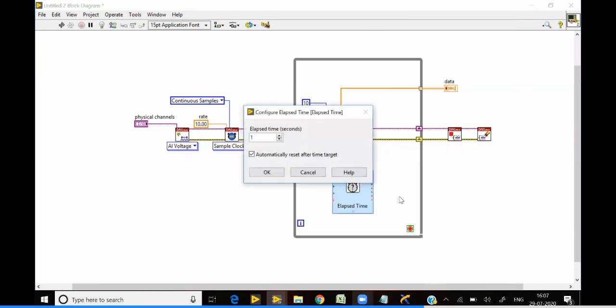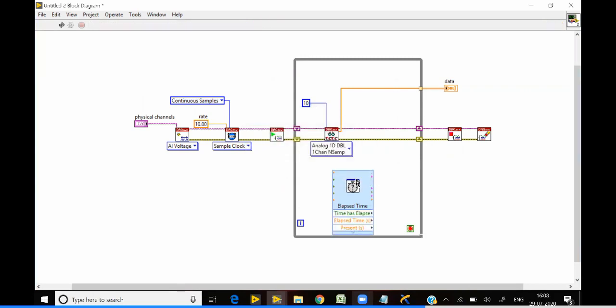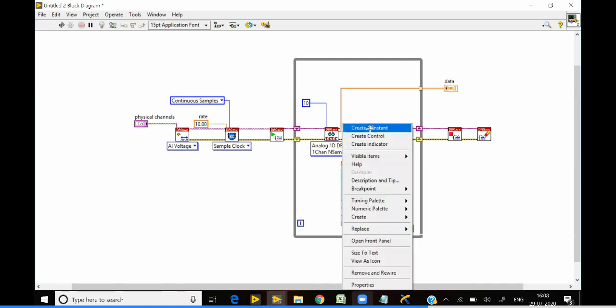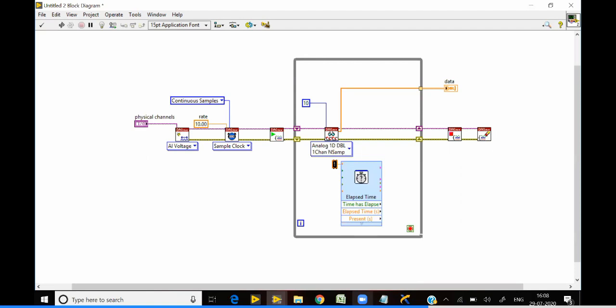The use of this elapsed time is that you can set the target time. For example, I'm setting it as 10 seconds, creating a constant for this target time and giving it as 10. Here it is the time has elapsed output. This is nothing but a timer, just like a stopwatch in your mobile.